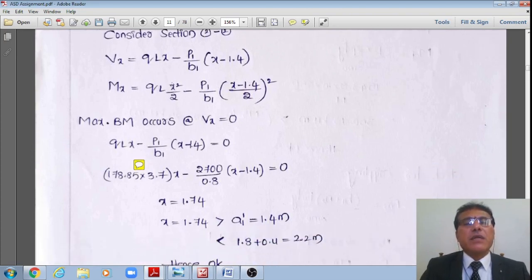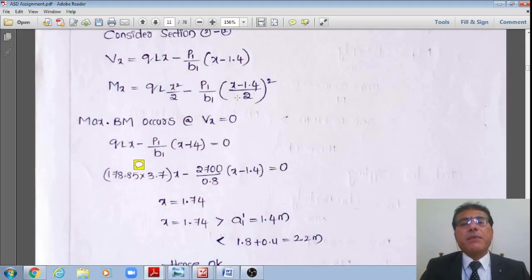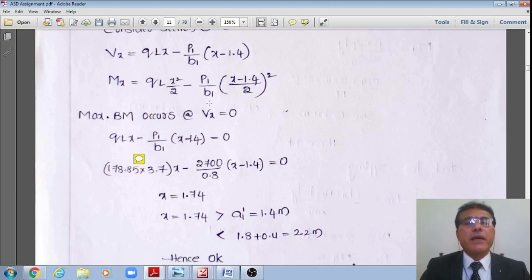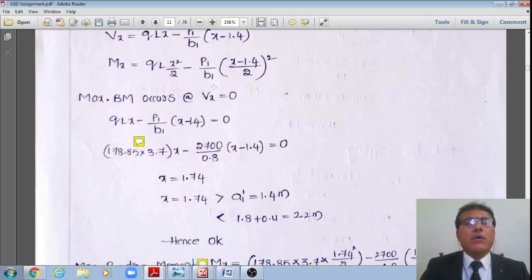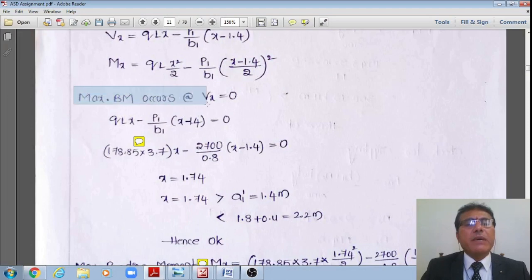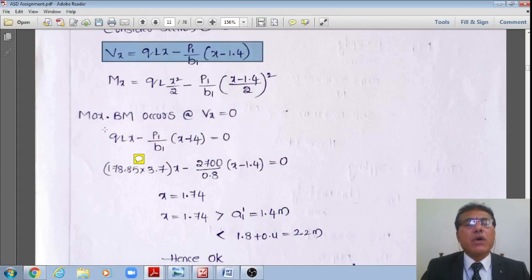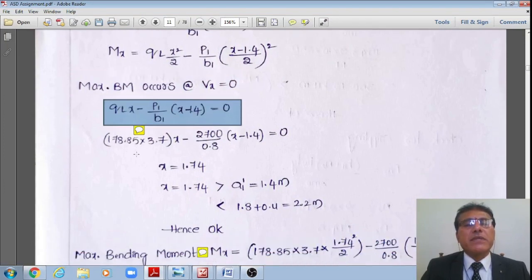Therefore that is x minus 1.4 divided by 2, whole square. It is not that whole divided by 2, so it is x minus 1.4 whole square divided by 2. However, we already know that the maximum bending moment occurs when the shear force is equal to 0. Means if I equate this to 0 and solve, now I'll get x